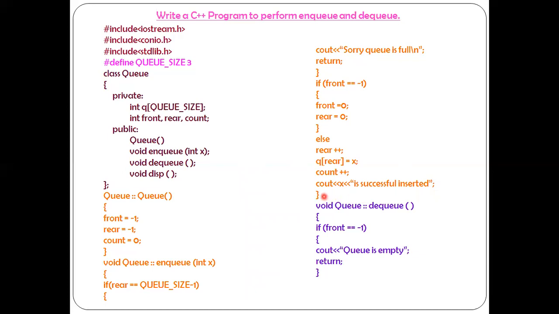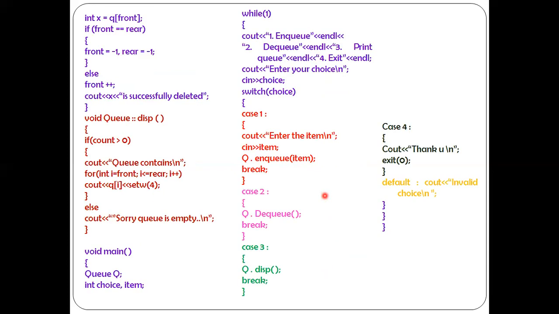This flower bracket indicates the end of the enqueue member function. Again it comes back here and executes break. The break statement is used to halt the execution there itself. It won't allow us to go and execute the rest of the cases in the switch statement. It comes out.